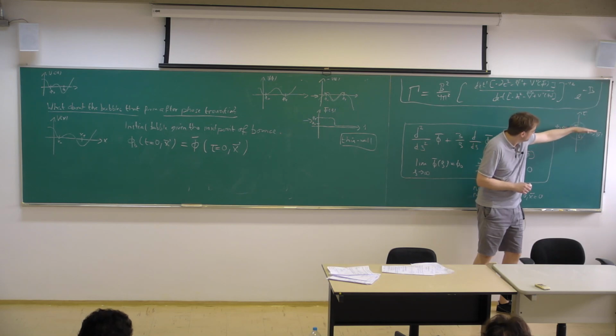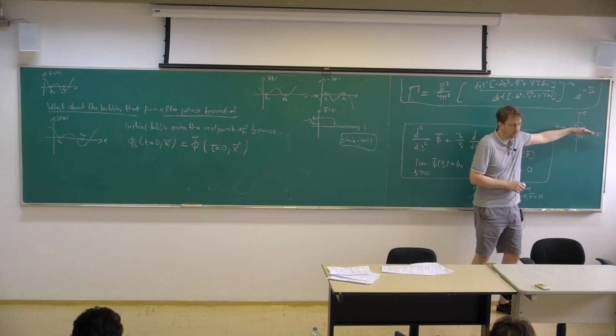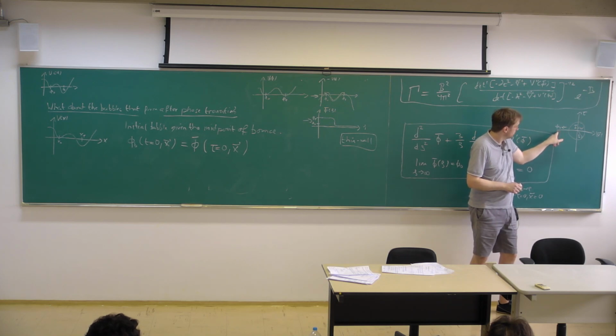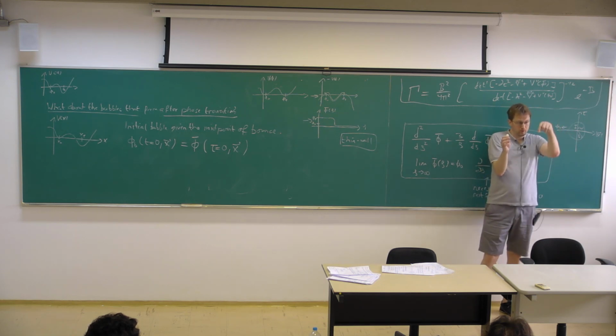So the midpoint is this slice here, which is a three-dimensional object. Well, it's not a sphere exactly, it's an O3 symmetric configuration. So it's a function, it's a field value as a function of the radial coordinate. It tells me the initial configuration. If I go from the inside of the bubble to the outside of the bubble, how does the field value